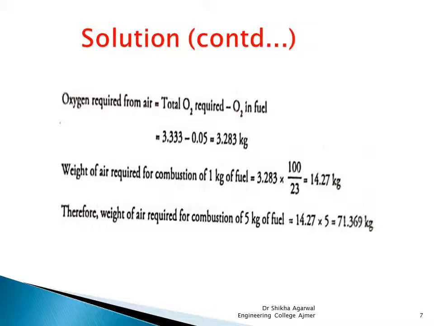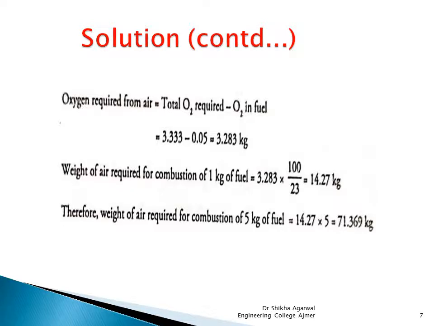Now remember one thing which is very important here. Whenever you are doing the calculation, please do the calculation for 1 kg of the coal, or if it is gaseous fuel, 1 meter cube of the fuel. And then you do the final conversion. Suppose the question says 5 kg, you multiply it with 5. If it says 500 grams, you divide it by 2, whatever is the requirement. But that should be done only in the last stage. Please do not try to do these conversions in the beginning. You are liable to make mistakes and your sum will become wrong. So first you do the calculation for 1 kg and then you multiply or divide depending on the requirement of the question.